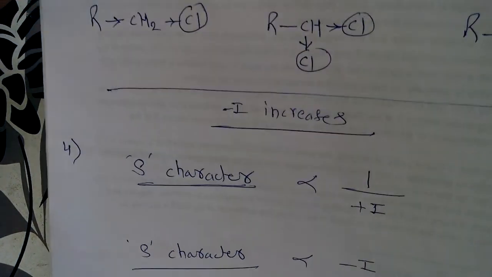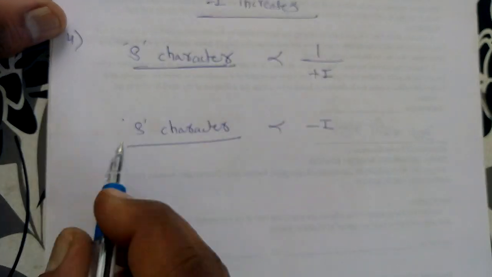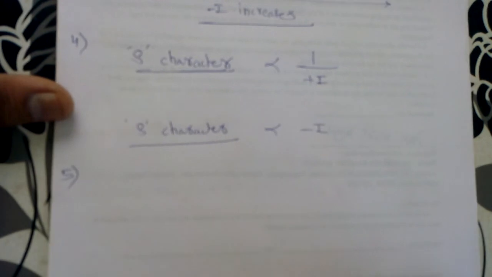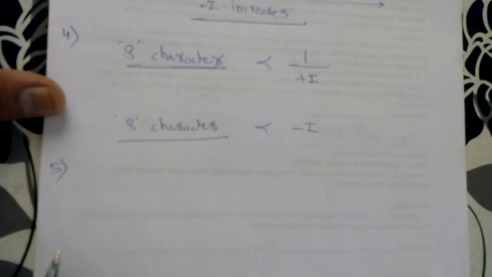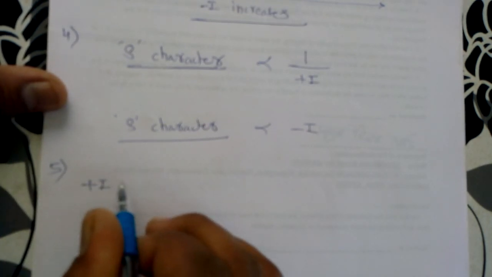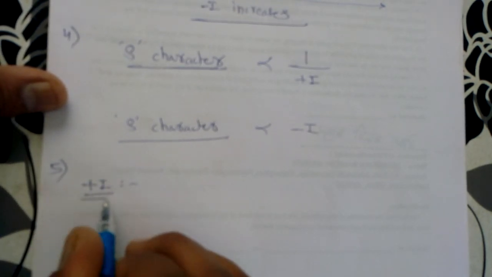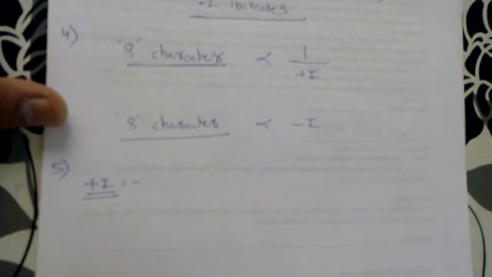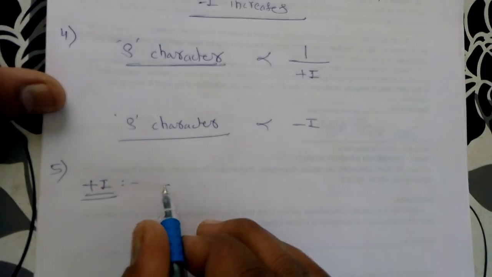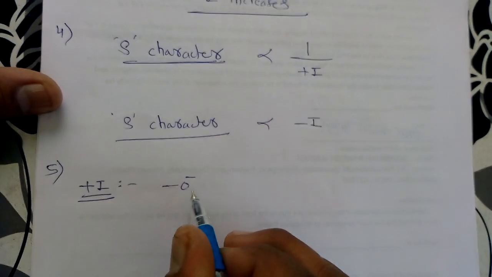And the last factor, or the last point which we are going to take here, is nothing but the examples of different atoms or groups of atoms which show plus I and minus I inductive effect. So first of all, I take the plus I inductive effect. Which groups show the plus I inductive effect? There are different atoms or groups of atoms which show the plus I inductive effect, like O minus,